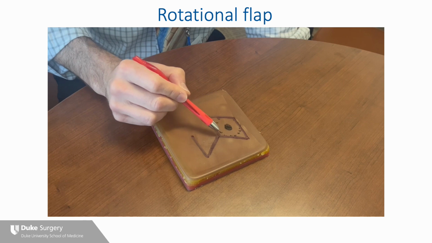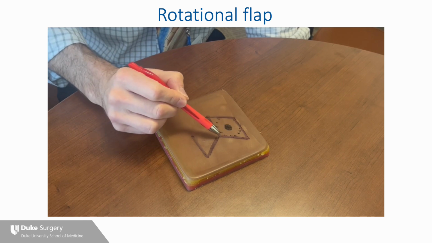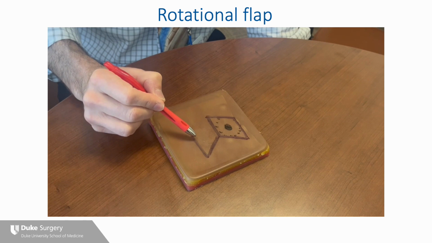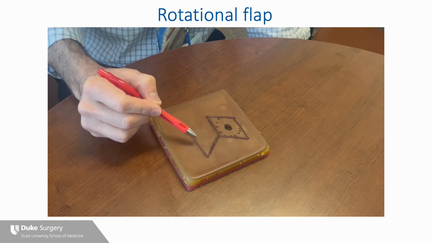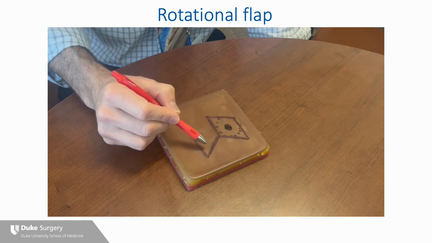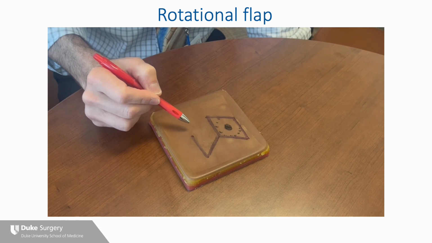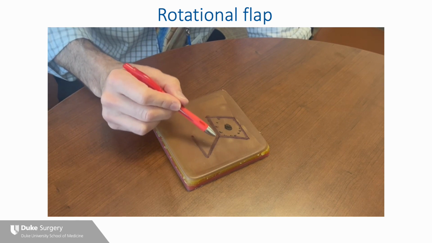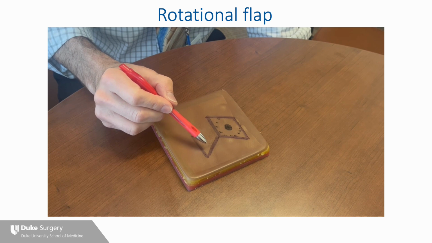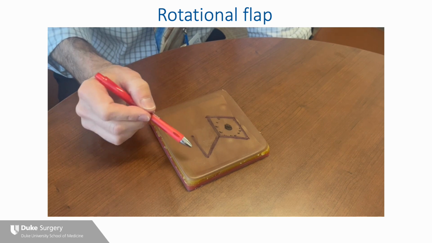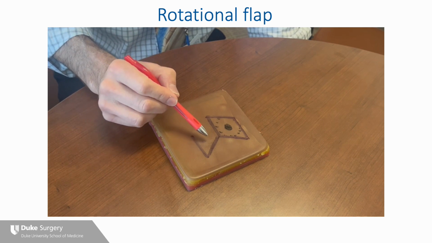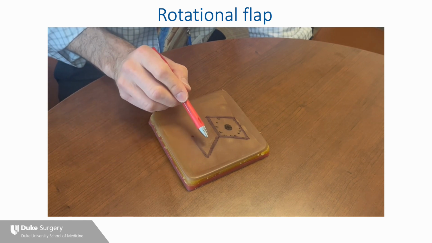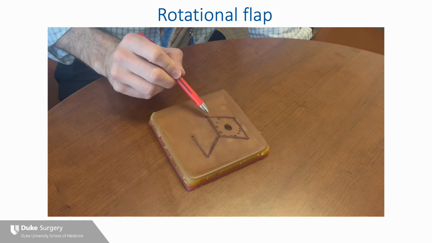So after you've completed that excision, then you draw the local flap immediately adjacent to it with essentially the same dimensions and same angles as shown here. You will then undermine this flap, the rhomboid flap, generally at the same level as for the excision, which would be just superficial to the muscular fascia, and then rotate it